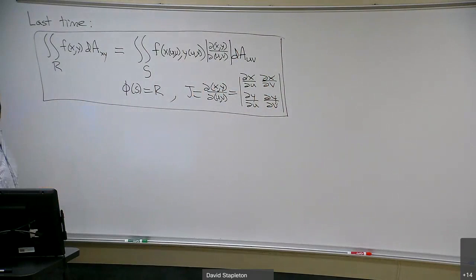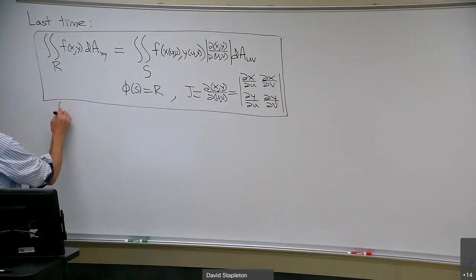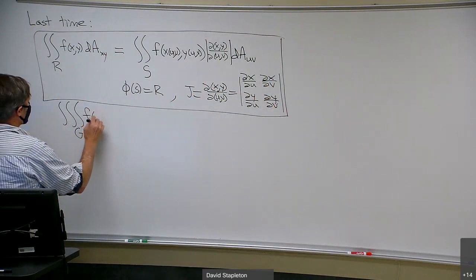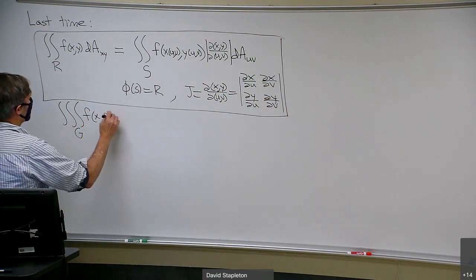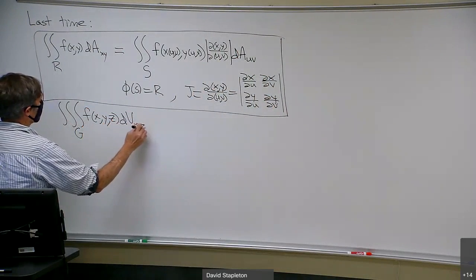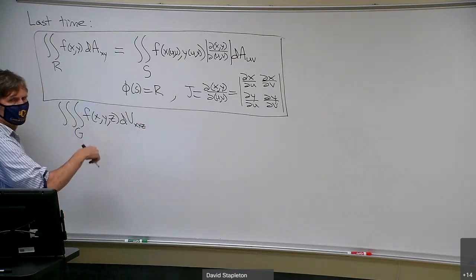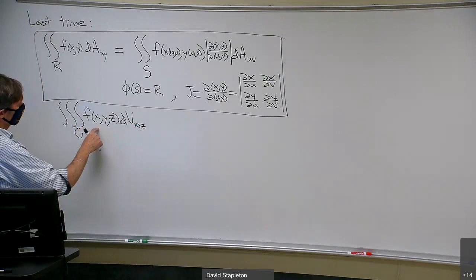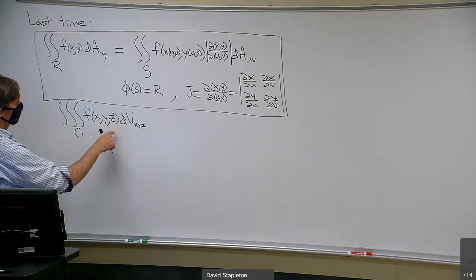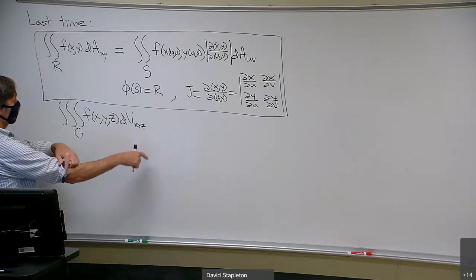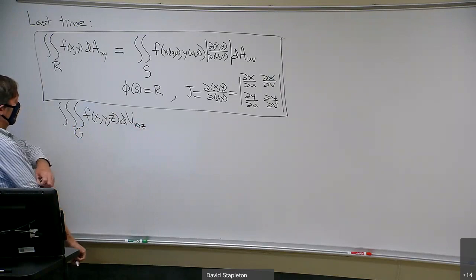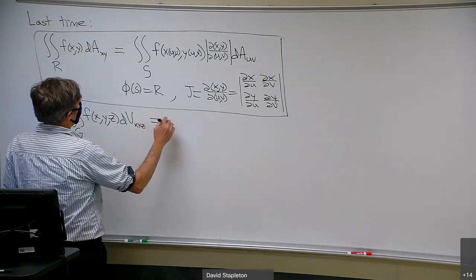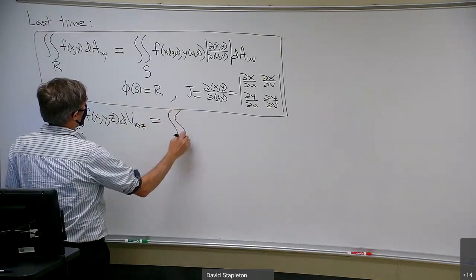Then what about 3 dimensions? In 3 dimensions, if we had a triple integral, if the book likes G, maybe I should use G, I used R last time, a triple integral of f of x, y, z, dV over x, y, z space, where this notation means the limit of the triple sum of f of x, y, z in each little sub rectangular parallelepiped times delta x i, delta y j, delta z k, all added together, as the number of regions goes to infinity, can be written similarly as this triple integral,